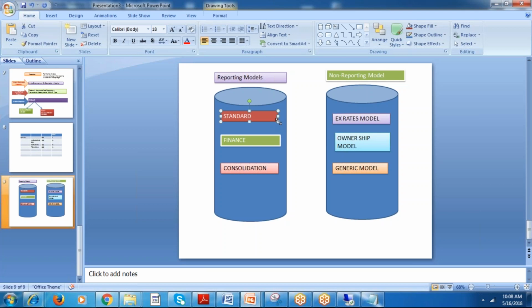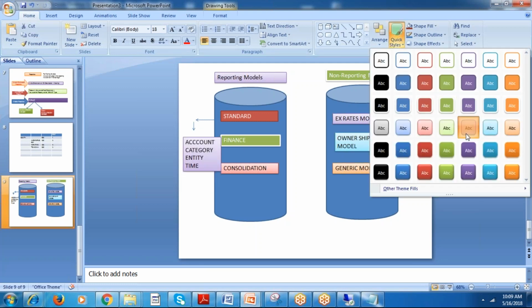To create a model, how many dimensions do you require? To create any model, we require 4 dimensions, right? It is mandatory to have 4 dimensions: account, category, entity, time. These are the 4 dimensions required to create the model.